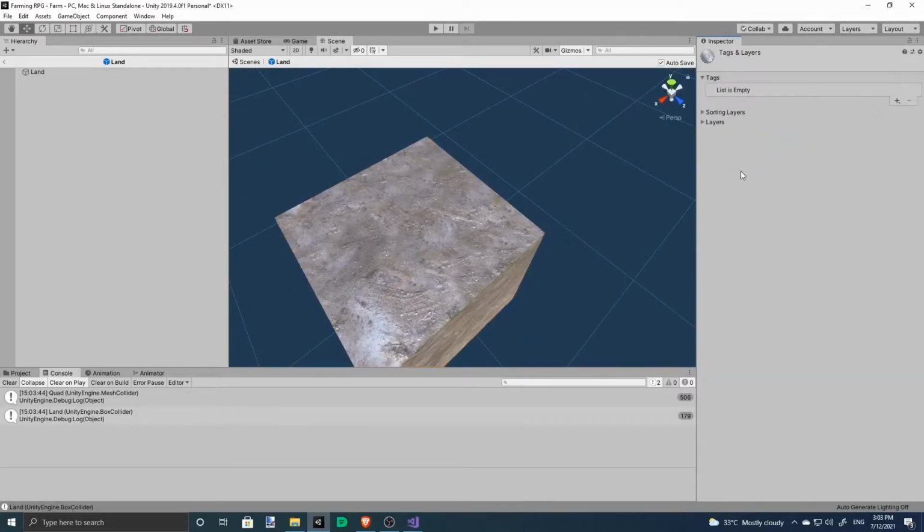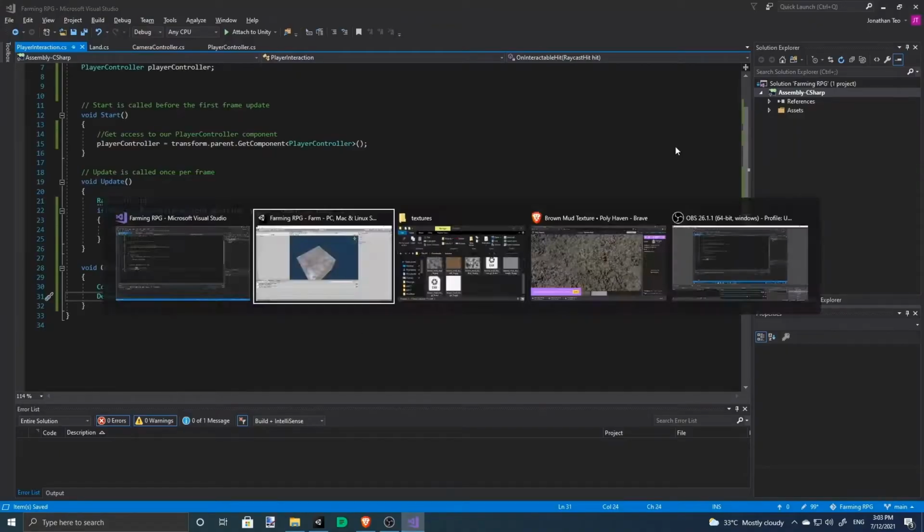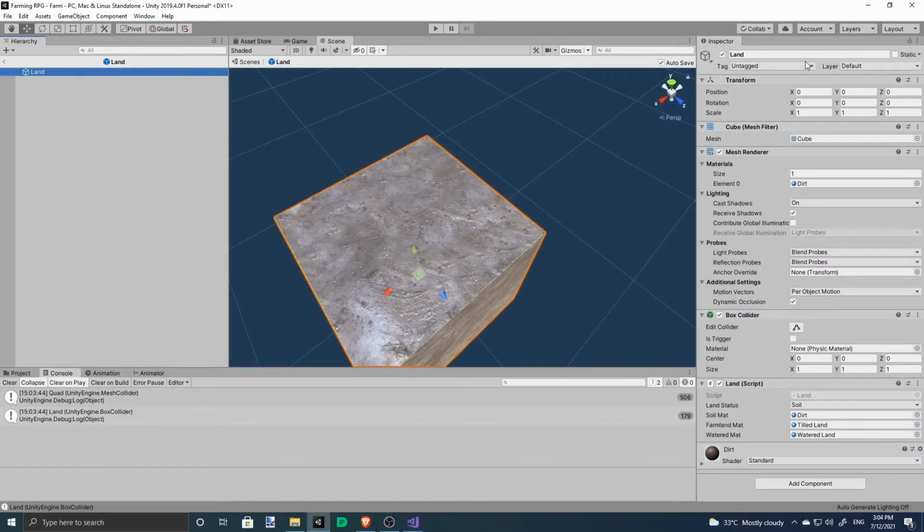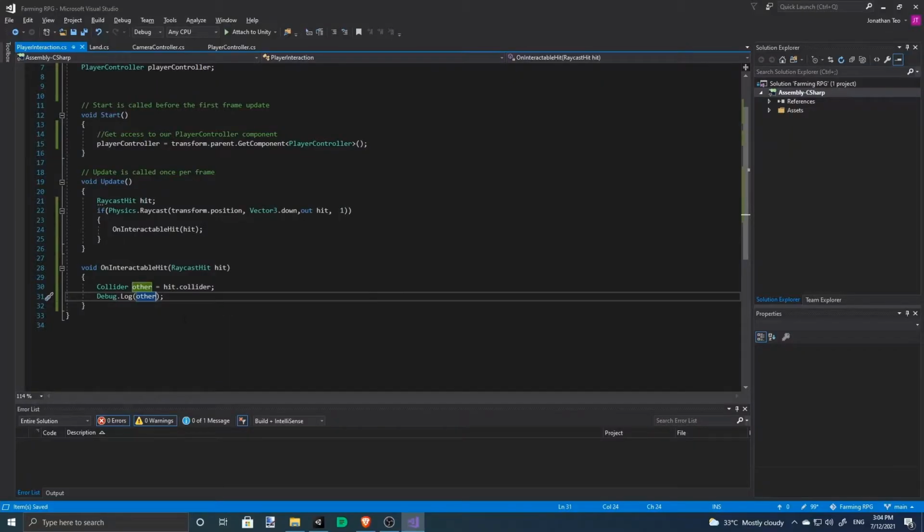So let's create a new tag, call it land, and assign this to our land prefab. And now let's make an if statement.